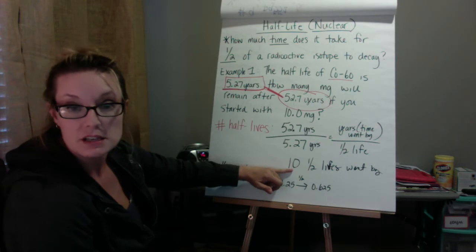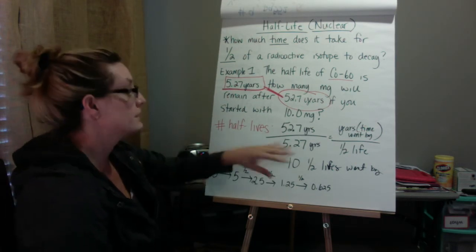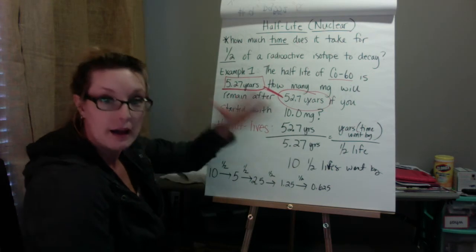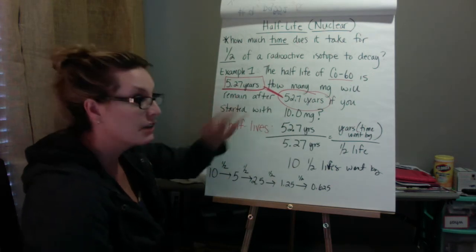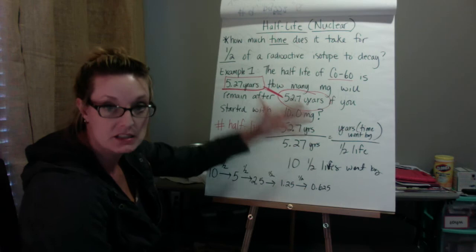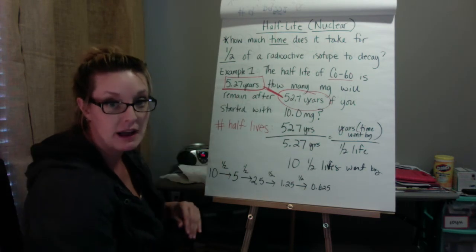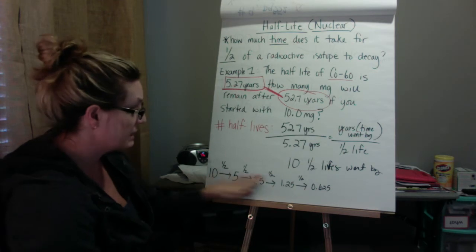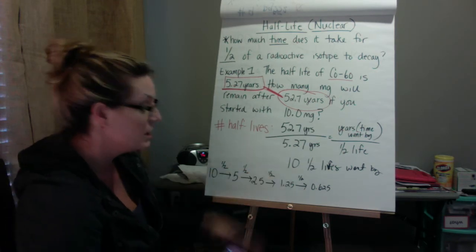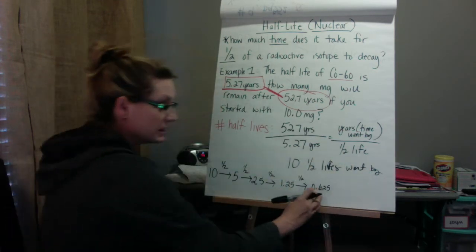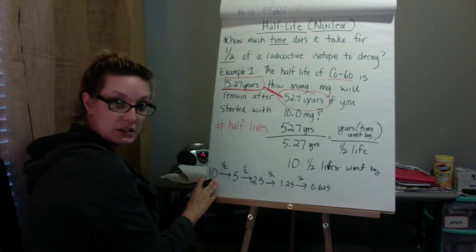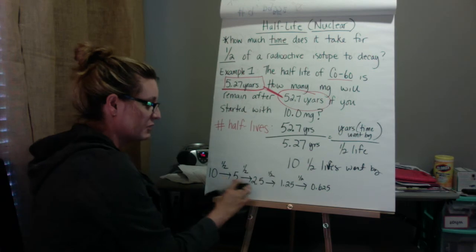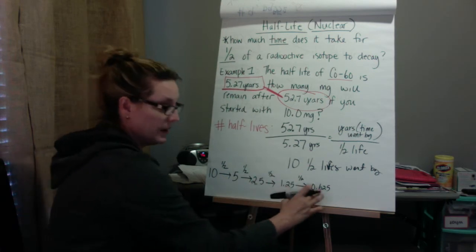You have to do this 10 times because you have figured out that this sample went through 10 half-lives, right? It halved itself 10 times because that's how much time has passed. So you have to go through this process 10 times. With 1, 2, 3, 4, we have to go 6 more times. So basically all you're doing is taking this sample and dividing it by 2, right? 10 divided by 2 is 5. 5 divided by 2 is this. Divide by 2, divide by 2.